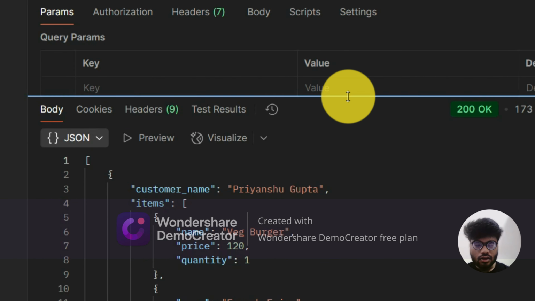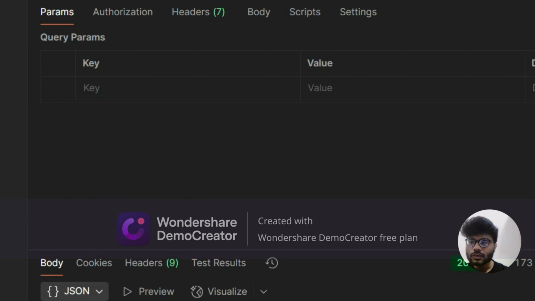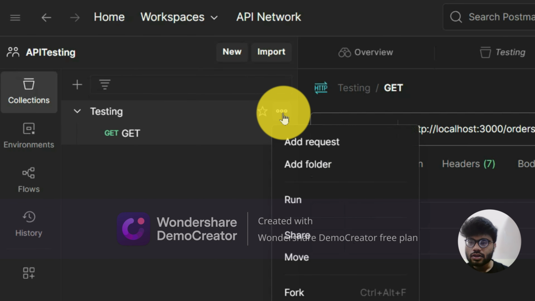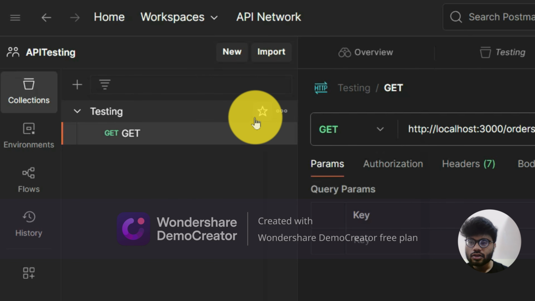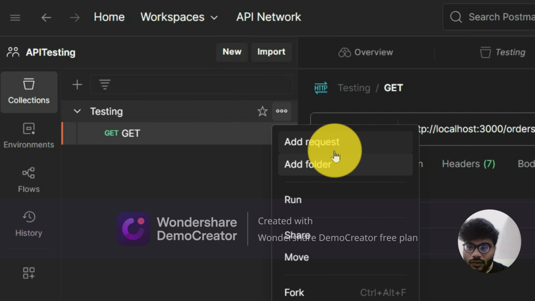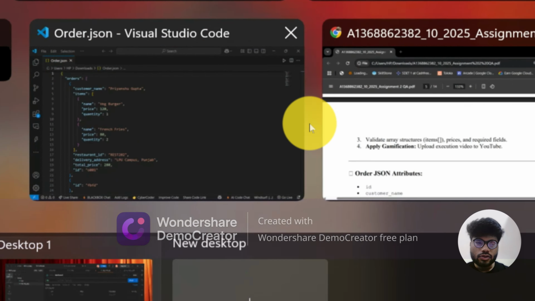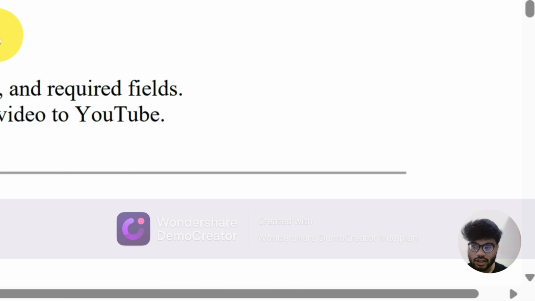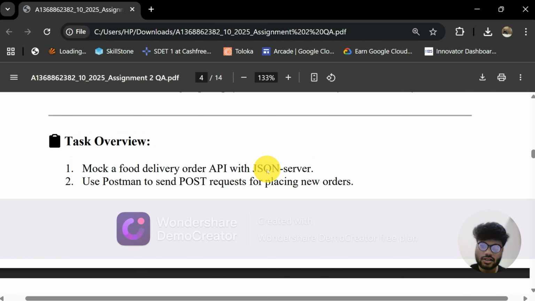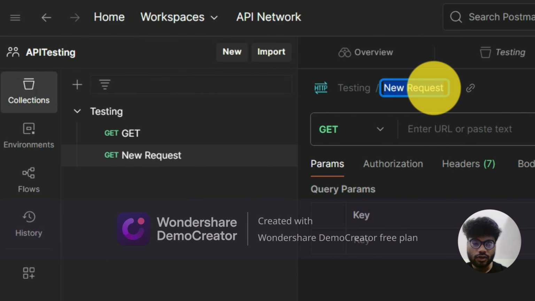After getting the data, add a new request right here. Select add request. In my project, here we perform the POST request to place a new order. So the new request name is POST. Select POST here,